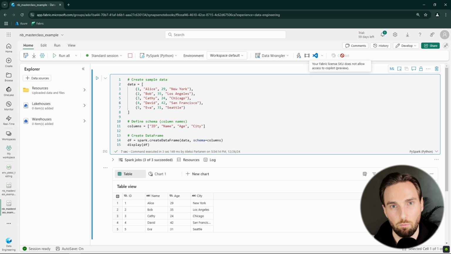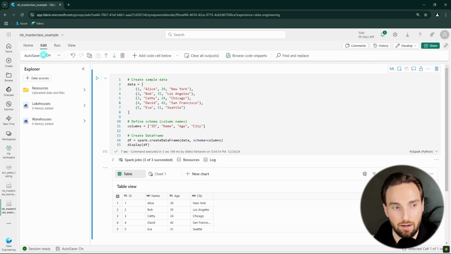But basically, this Copilot integration in notebooks allows you to comment code and generate code by using AI natively here in the notebook. It's a pretty handy tool, and I would encourage you to explore it on your own if you have the time. Next, let's go to the Edit tab, and here we can select if we have the autosave option on or off,